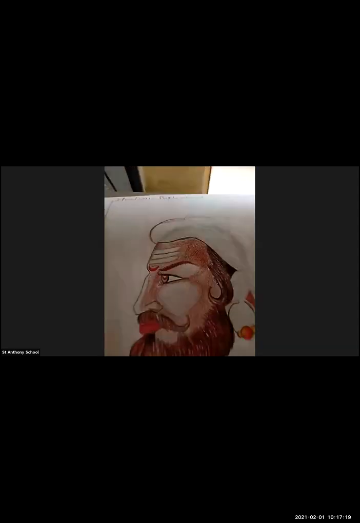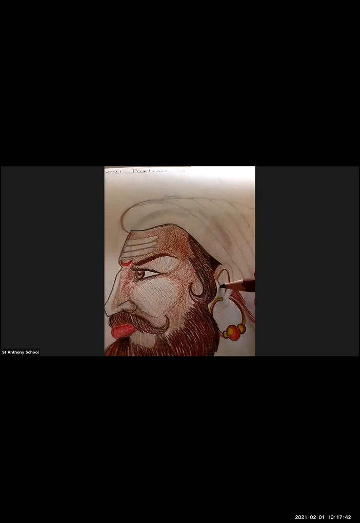Okay, in this way you're going to do it, and then coloring this gold ring. Now coloring the ears.